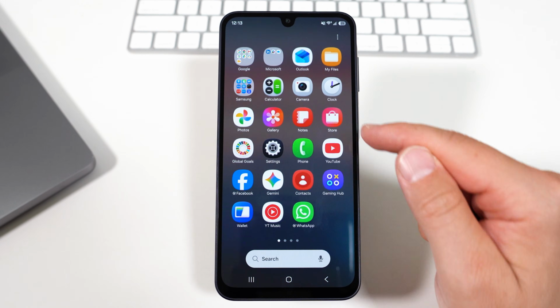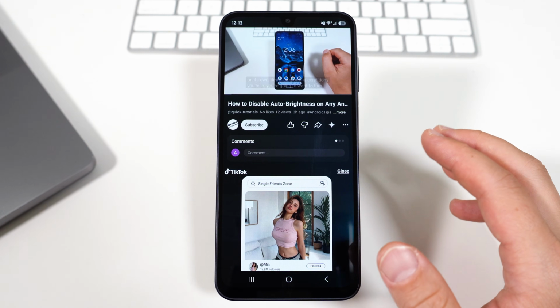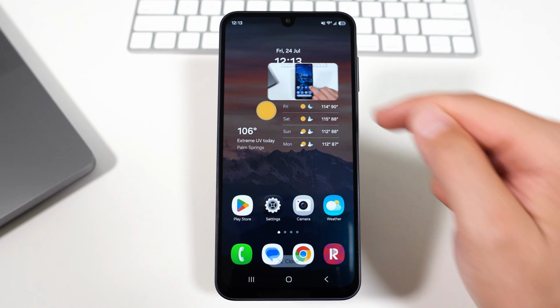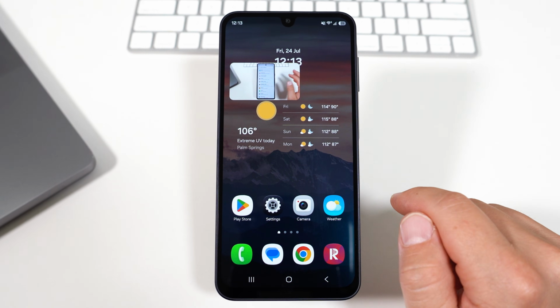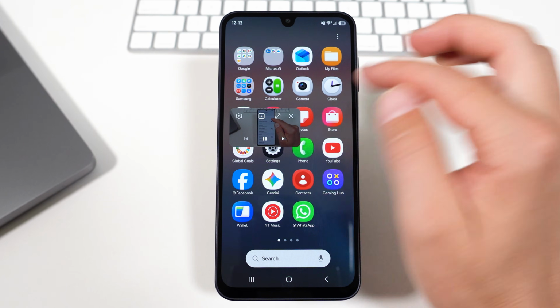Then, to actually use it, I can just go on the YouTube app and watch a video. And as the video is playing, I'll go back to the home screen, and that video will minimize into this little floating window, and I can use my phone for other stuff while the video is playing. I can tap the window anytime and bring it back to full screen, or I can tap the little X